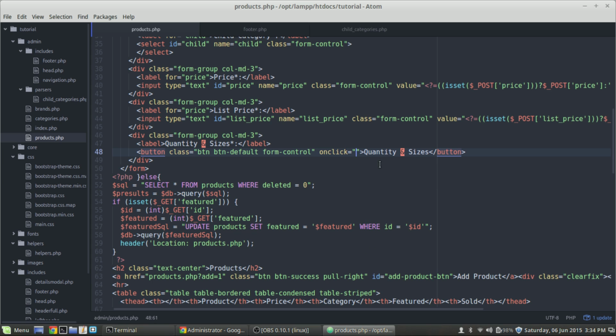In this onclick event, we're going to create another. We're going to do a jQuery select, and we're going to select an ID which we haven't created yet, but we're going to call this sizesModal, and we're going to do a dot modal, and then toggle, and then semicolon, and we're going to return false. So we haven't actually created the modal yet to make that pop up, but let's just really quickly add